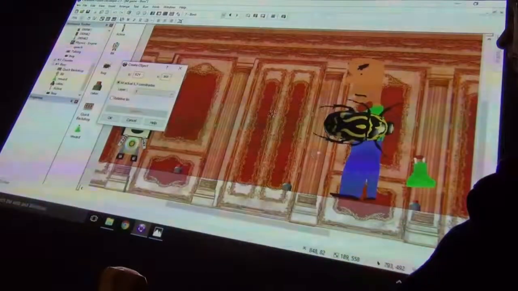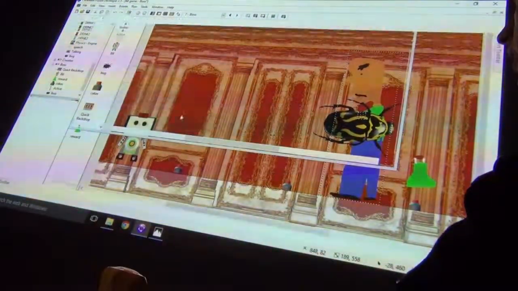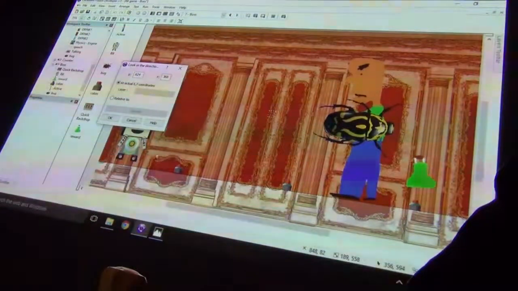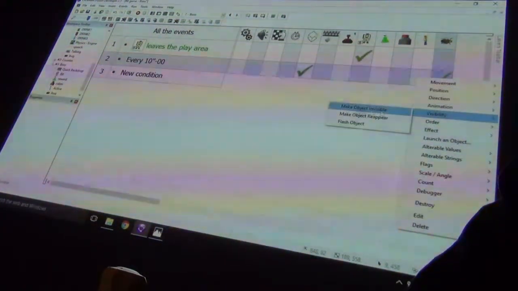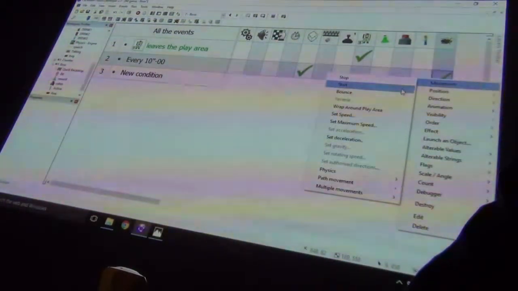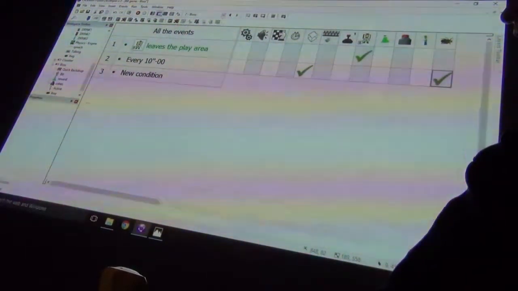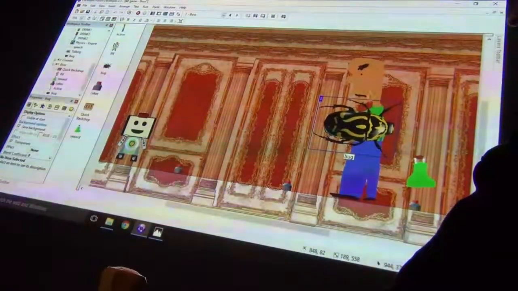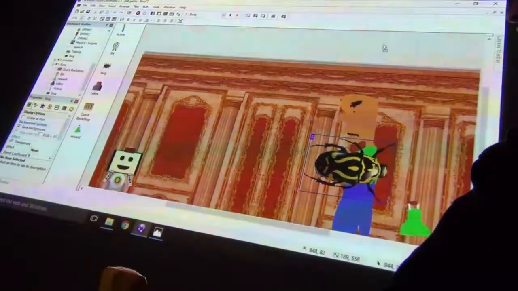Create the bug on top of him. And which way will the bug go? The way to you. Towards us. And we want it to be visible. We're just going to turn it on because they start off invisible. Okay. And when it hits you, you should